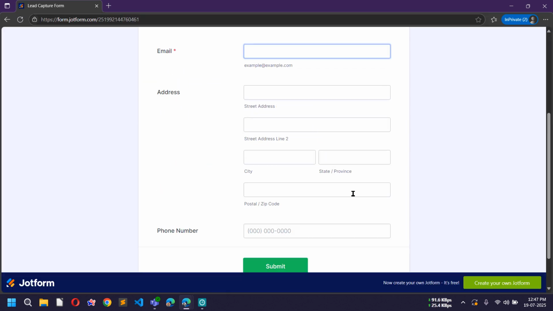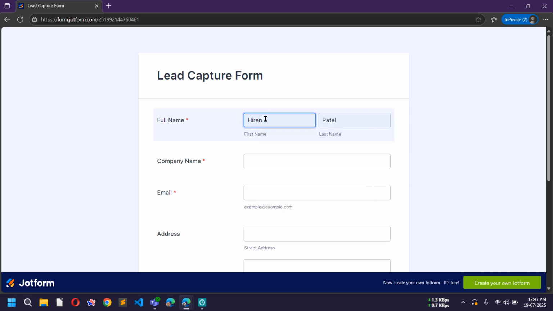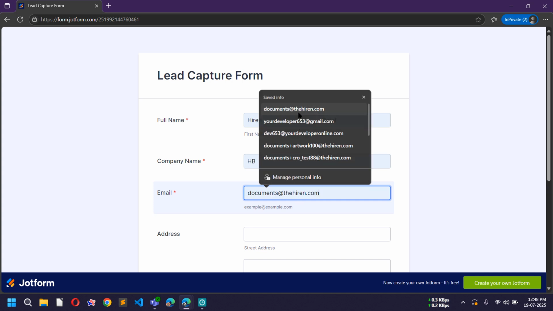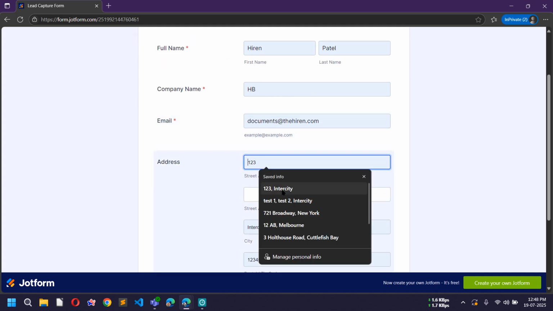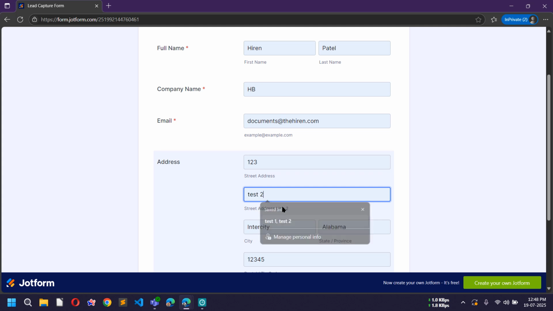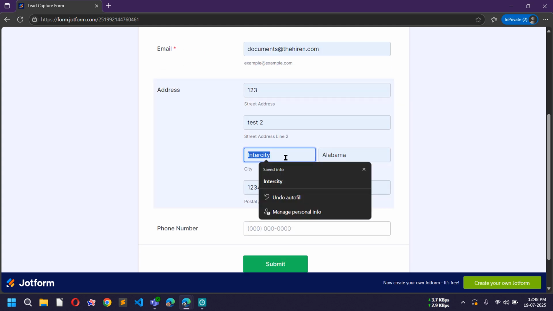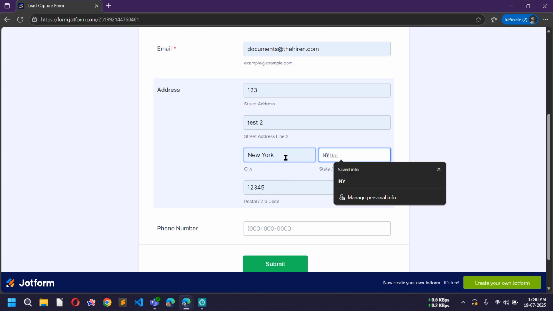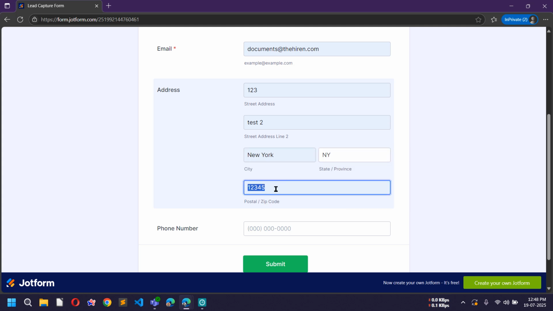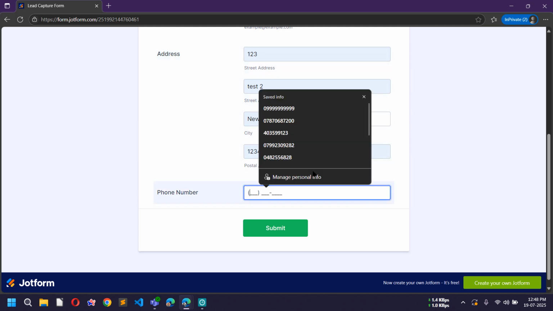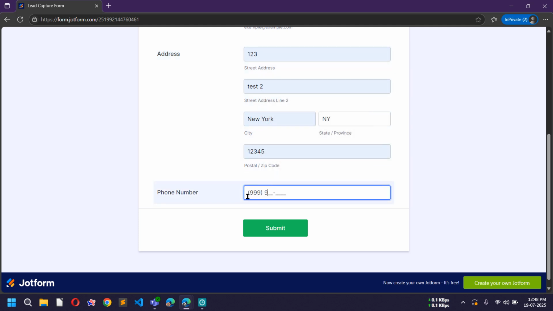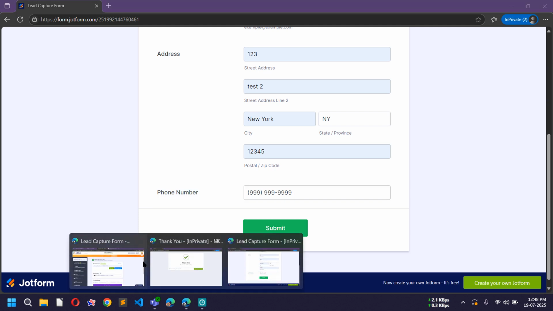So this is my form. Okay, so here let's write my name, Hiren Patel, company name, email address, and in address I will use this one, and in city I will use New York, NY, and this will be the zip code, and here I will use a random phone number for testing purposes. Okay, now before submitting, let's come back to